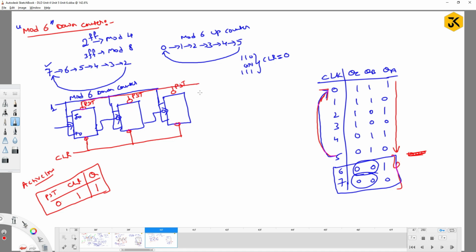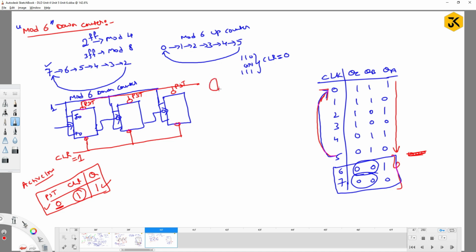I need to get the value 1, so you have to make the preset value 0 and the clear value 1. So to make the value 0,